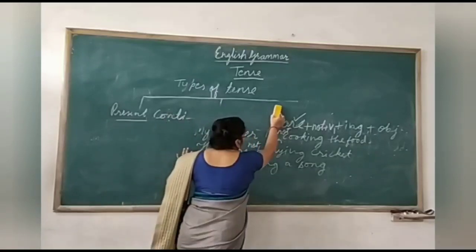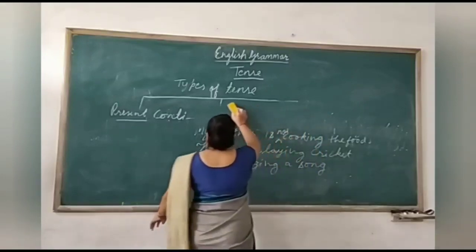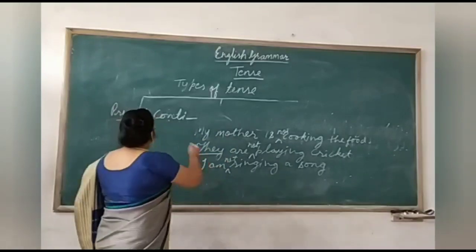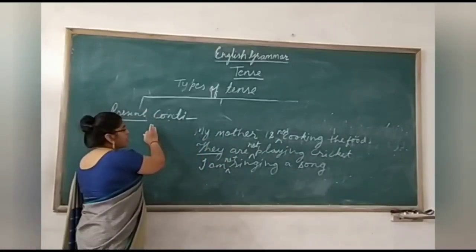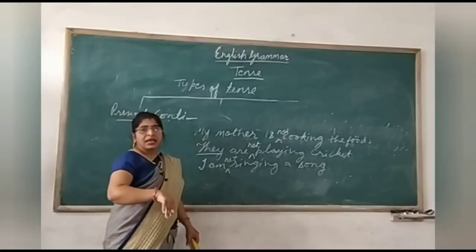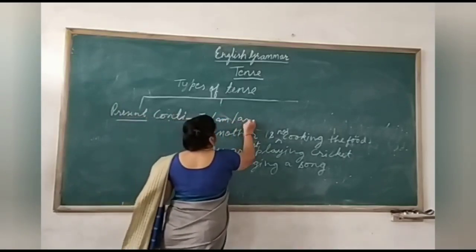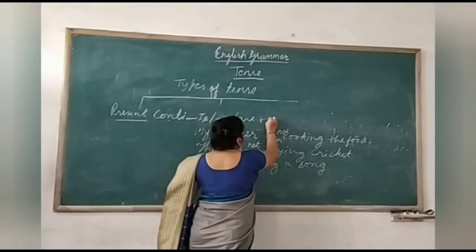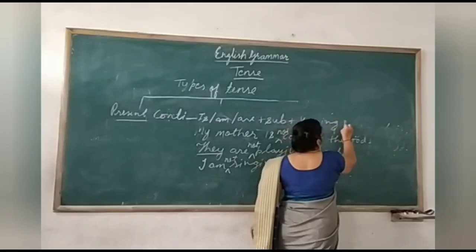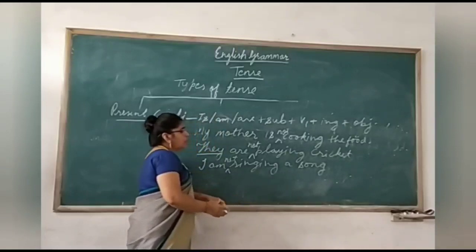Now, let us convert the same sentences into interrogative. What will be the procedure here, children? I'll give you the structure. The verbs that are used in the center after the subject. Now, because we have to convert present continuous tense here, the verbs will be written in the beginning. Is, am, are. After this, you will take the subject. Then V1, then ing, then object. Because we have to form the interrogative sentence.